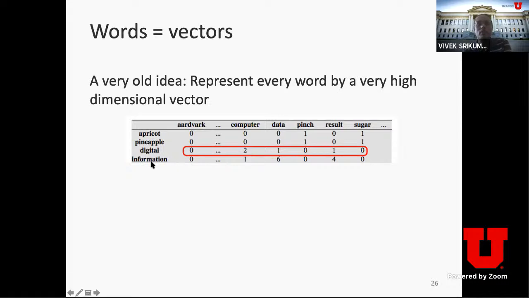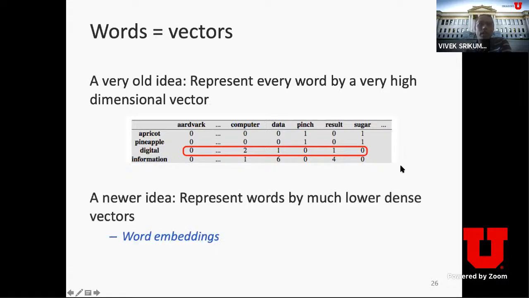How many times does the word information show up within a few words of the word data? Apparently 6 times. How many times does apricot show up with sugar? Once, but never with computers. We have Apple computers, but not apricot. So this is a big list of words, and this again operationalizes Firth 1957. The meaning of a word, according to this philosophy, is just this list. Well, we get to decide what meaning is. So what we have here is we can decide that the meaning of the word information is this list of numbers.